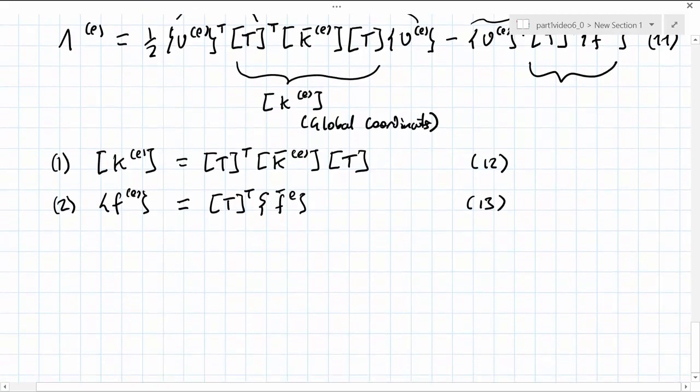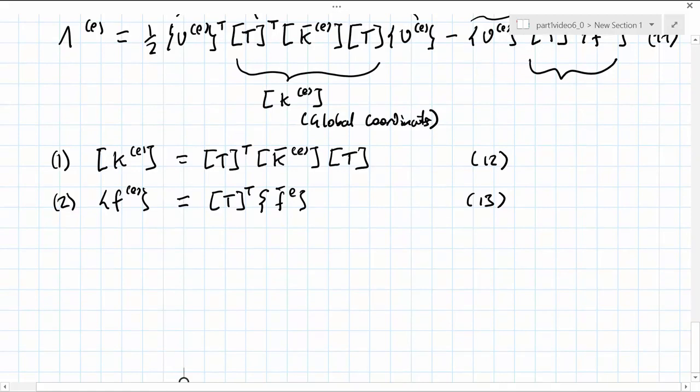We now need to perform the matrix multiplication in equation 12. So firstly, we work out the transformation matrix transposed multiplied by K bar E. This gives T transposed K bar E,